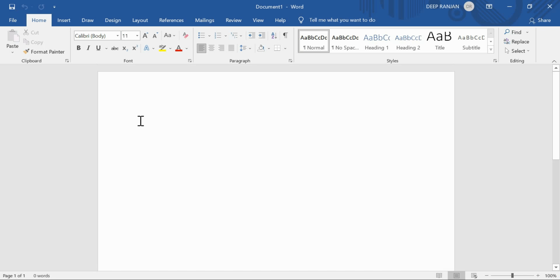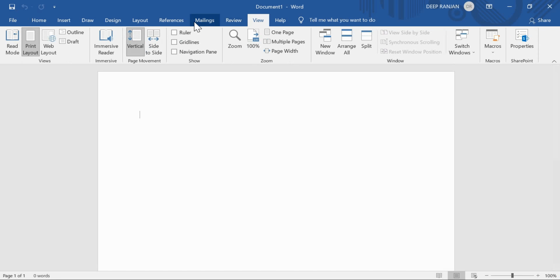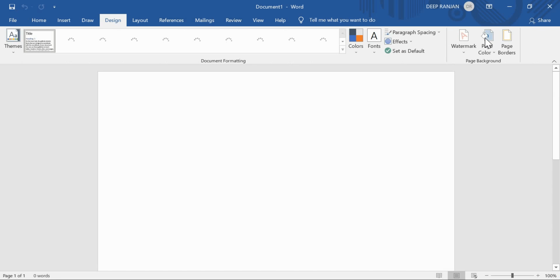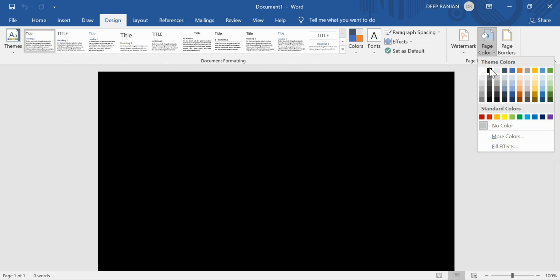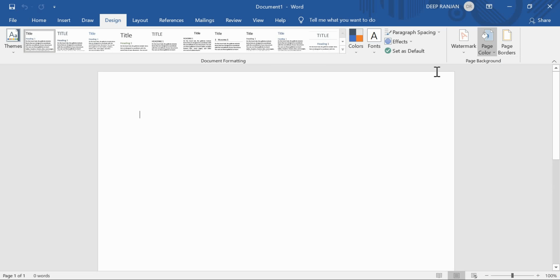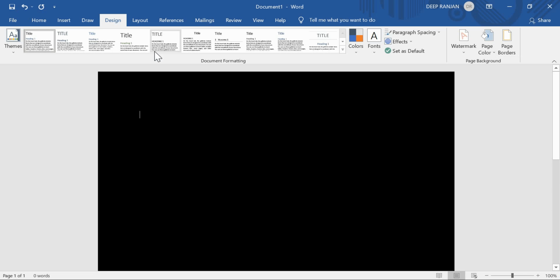Now, how to draw in it. You can change the size here as well. Now what you will do, you will again go to the view option, you will go to the design option in it, not in the view option. And in the page color, there are a lot of options, but if you are using the 2016 version, it is also available in the design option. Now I am choosing black color, which is available now.